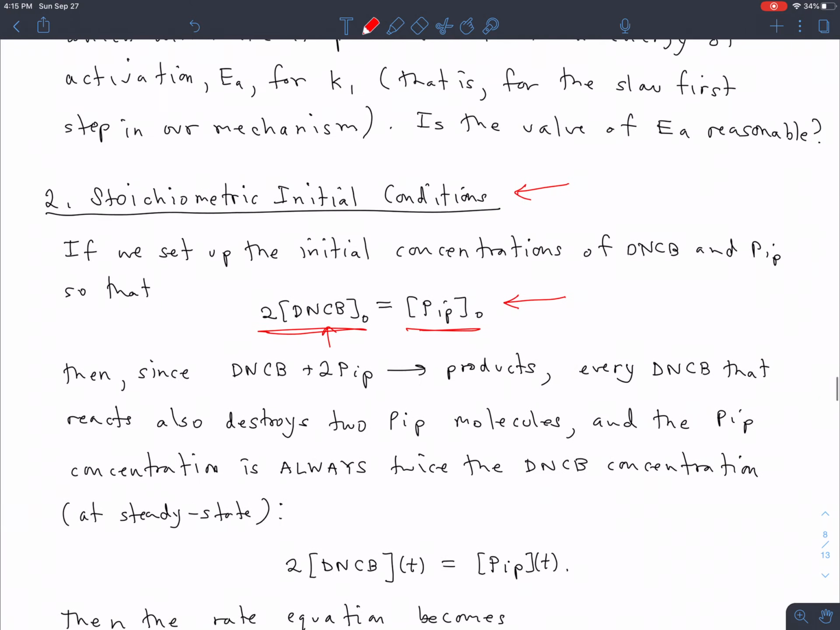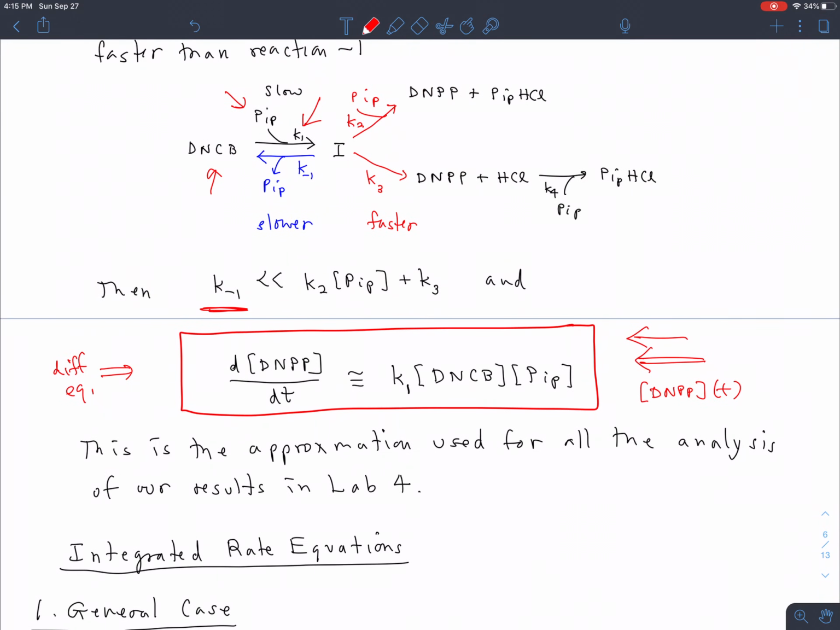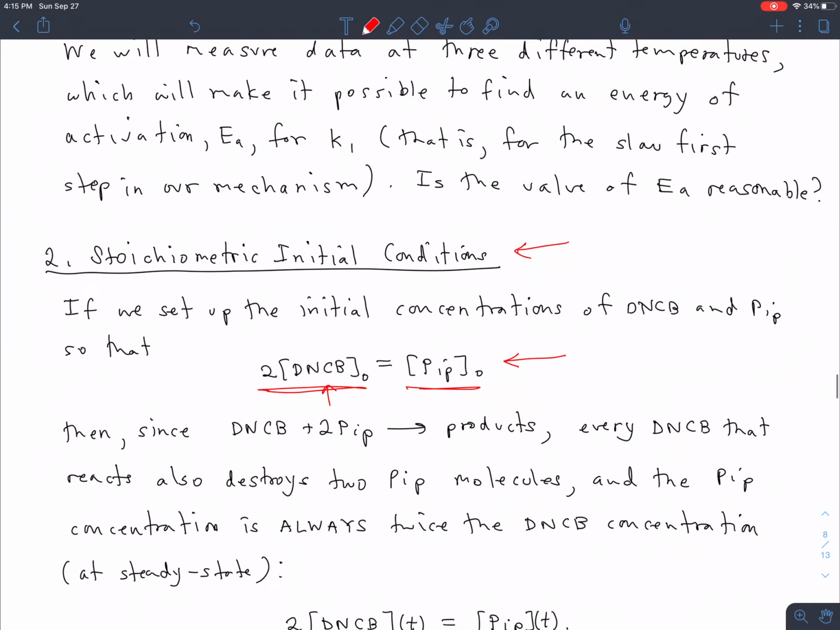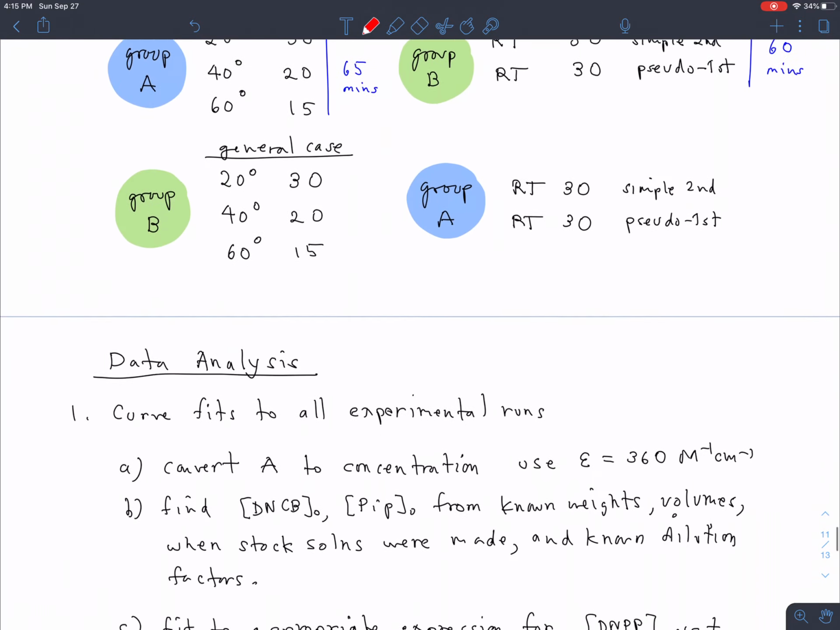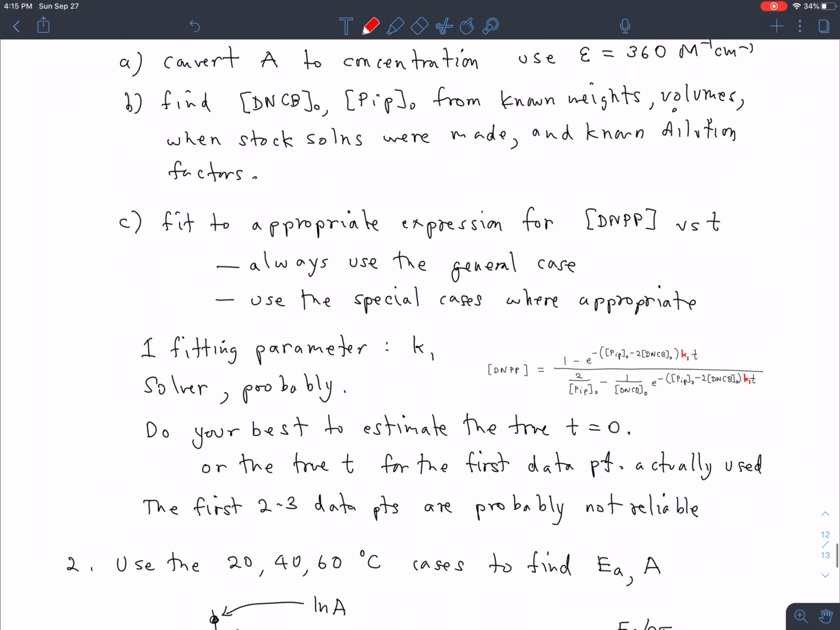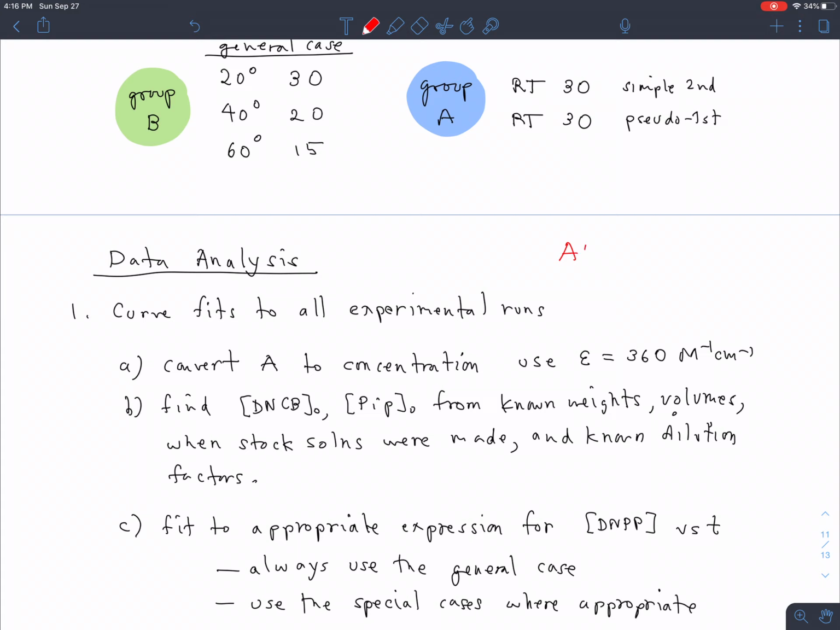That's the theory and background behind the model and analysis of the model for our chemical reaction for this week. What remains now is just to talk a little bit about what we're going to actually do with the data that we've collected. So what we've collected are runs of absorbance versus time. And so the very first thing we need to do is to convert those absorption measurements into concentration of DNPP